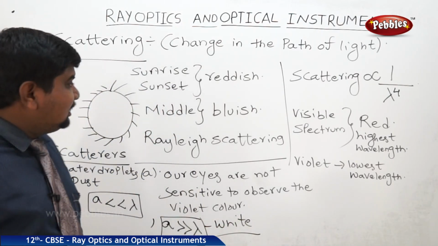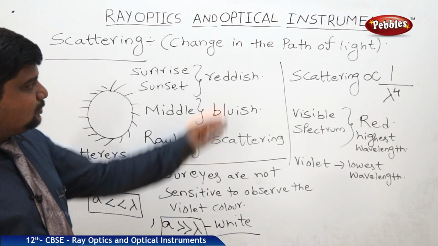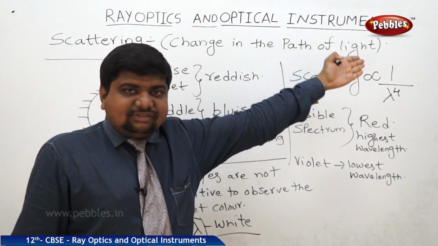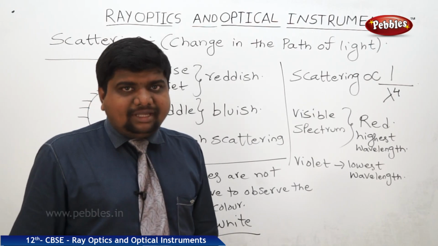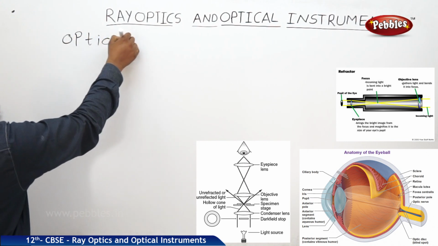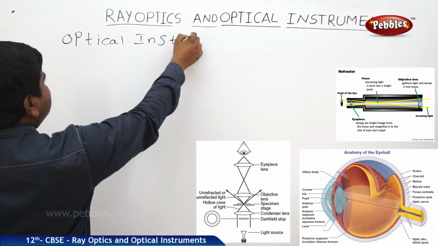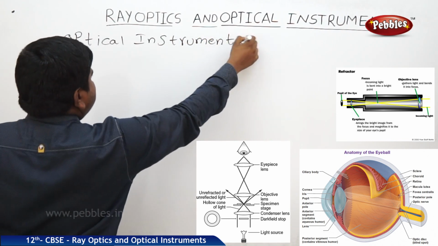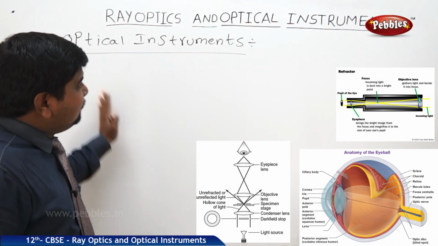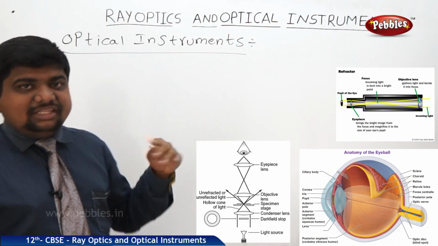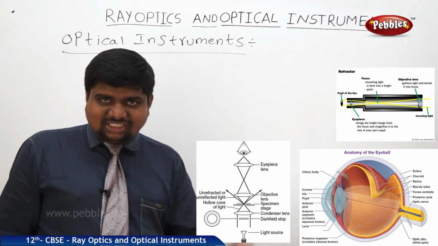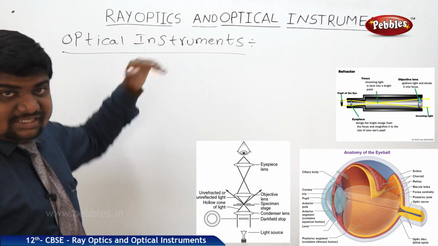Like this, we can understand the concept of scattering explained by Rayleigh, and this law is also called the Rayleigh-Jeans law of scattering, which is inversely proportional to the fourth power of lambda. The concept we are seeing now is optical instruments. What is the meaning of optical instruments? The instruments which respond to the propagation of light, and whenever light is incident on these instruments, they reflect or refract or polarize the light. Any phenomenon of light should be possible when light falls on these types of instruments.